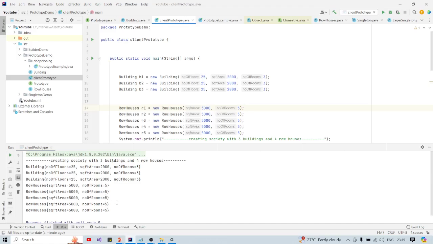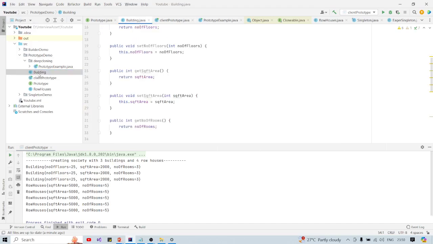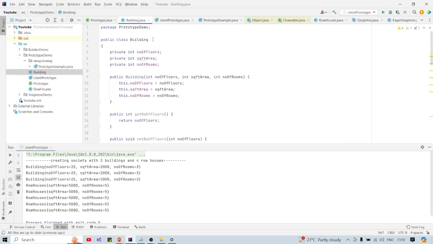Now prototype pattern helps us to create the same type of object, but what we have done here is we have to create a new building each time for every instance of building, and similarly for row houses we had to create a new one for each row house. To solve this, let's go to this building. We need to